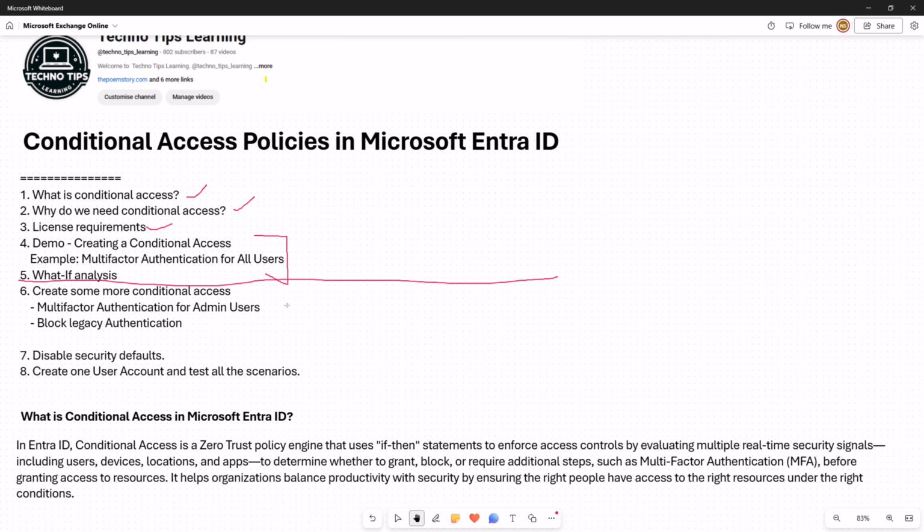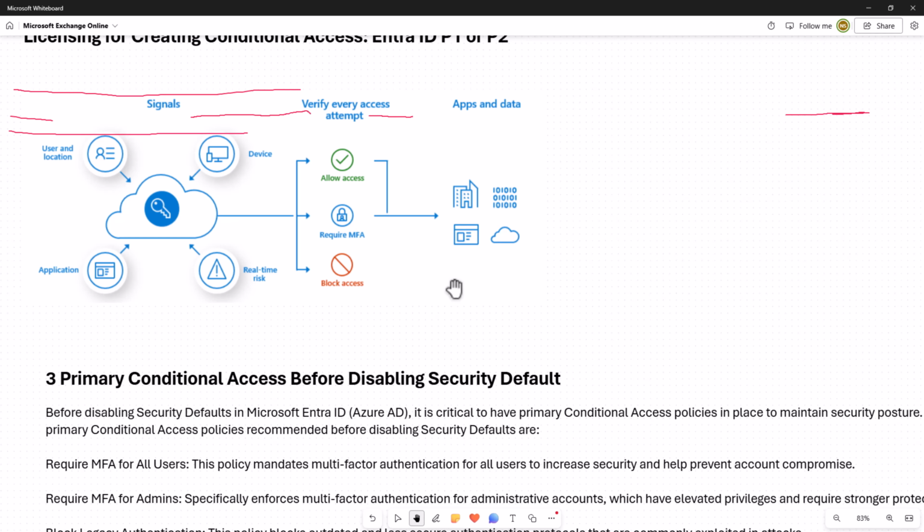So what does this mean? Security signals. There are multiple services provided by Microsoft, and if you look at where it gets the signals from, there are devices. Devices are managed through endpoint protection.